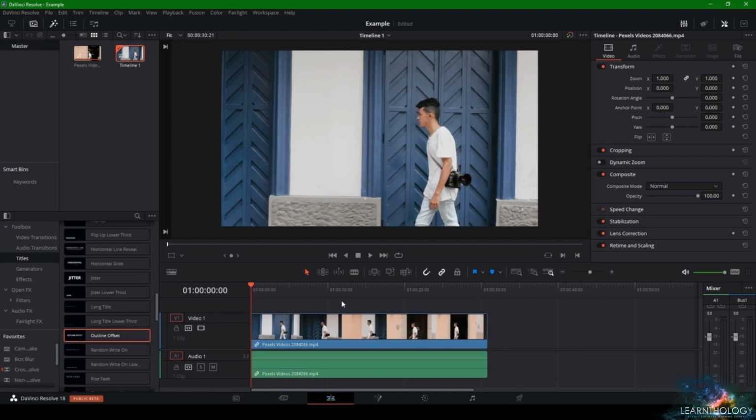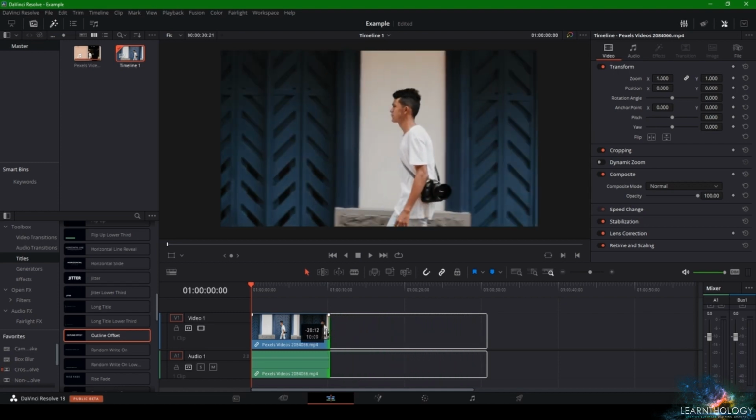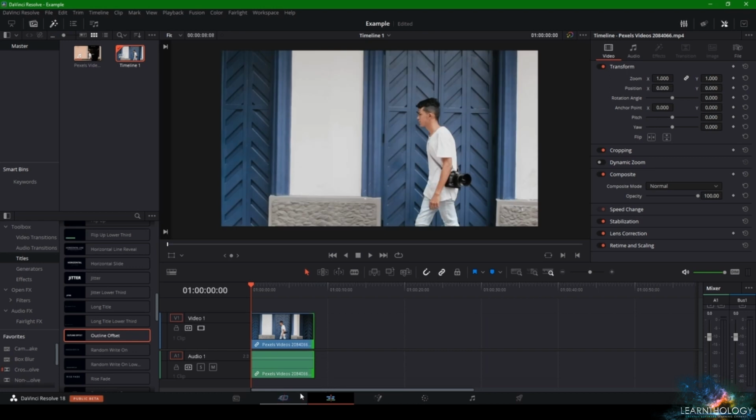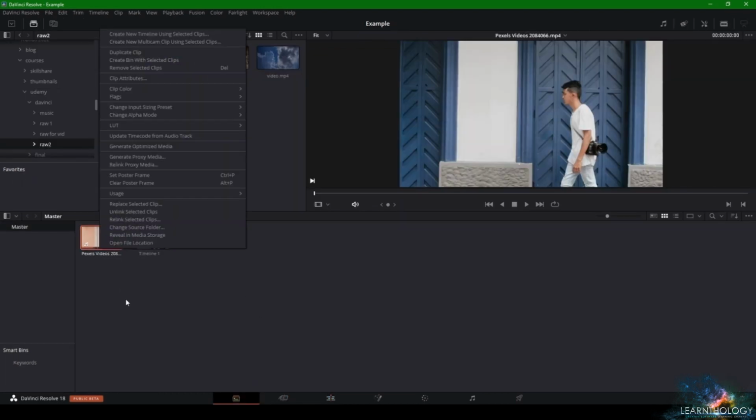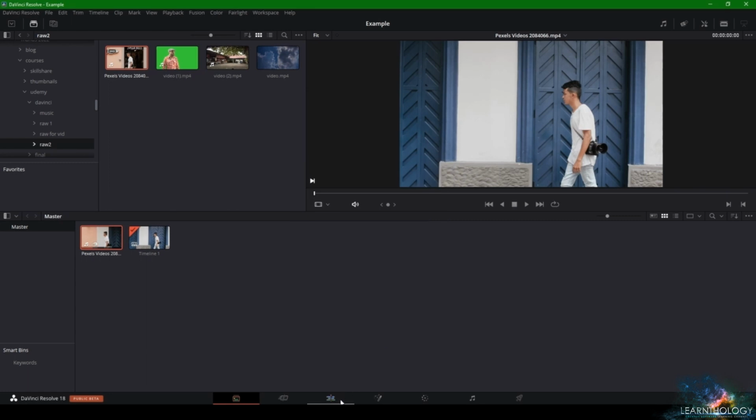And now let's make this video shorter, because I won't use all of it. I mean, just this part. I will go here, I will generate some proxy media. So generate proxy media. It will take 5 seconds and then we will jump right into the Fusion tab, where I'm going to teach you how to track an object. So let's get into the Fusion tab,